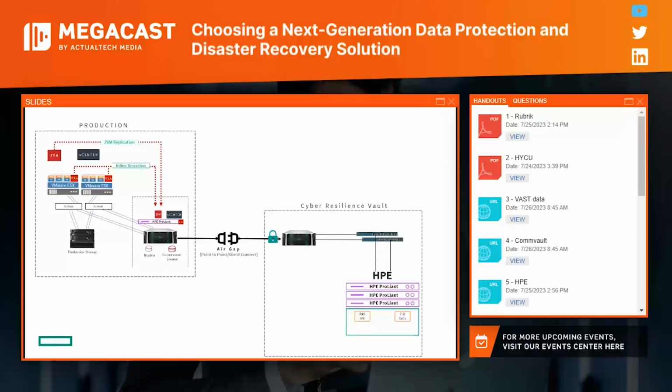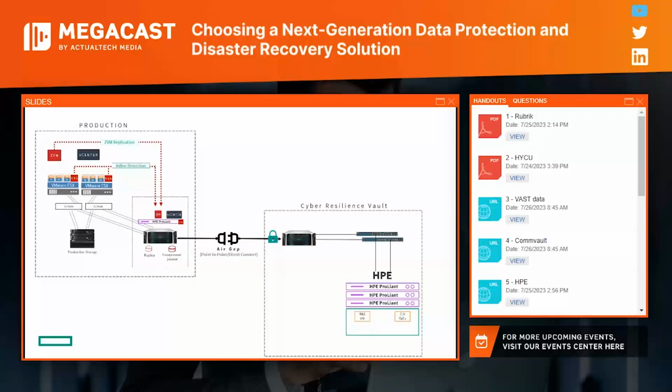On the left-hand side, you see the production environment. One of the things that was released with version 10 of Zerto was inline detection. So every time a change happens within production, we create a checkpoint in our journal. That inline detection is going to be looking for patterns, looking for encryption. We want to be proactive in understanding where these attacks are happening as quickly as they happen, because that journal sitting in that red outlined box, our landing zone, is going to be accepting and creating this journal with all of those checkpoints.